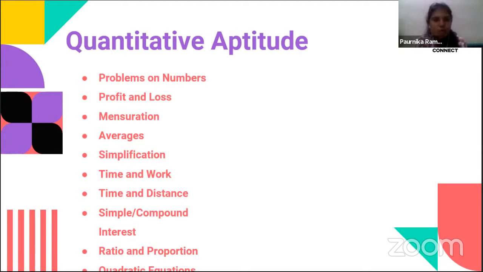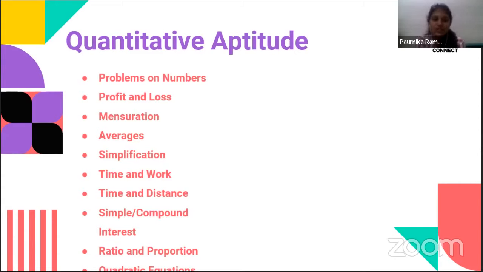Okay, so as I was saying, profit and loss is an important topic, and the subtopics of profit and loss are discount price, marked price, all those things do come under profit and loss itself. Next, we have mensuration. These days, the mensuration topic is being paid a lot of attention by many companies. So it is important that you regenerate your skills on solving mensuration questions. It's all about knowledge of shapes. We would have learned mensuration from our 6th standard. So let's buck up on those skills too.